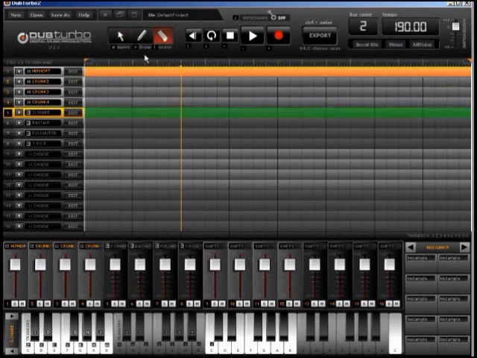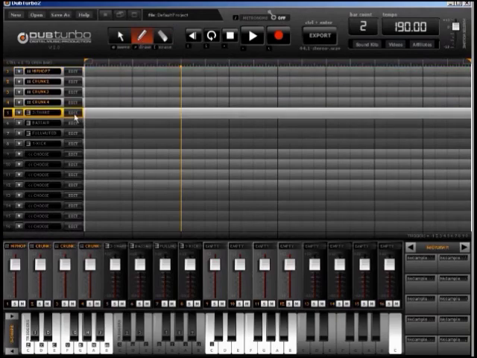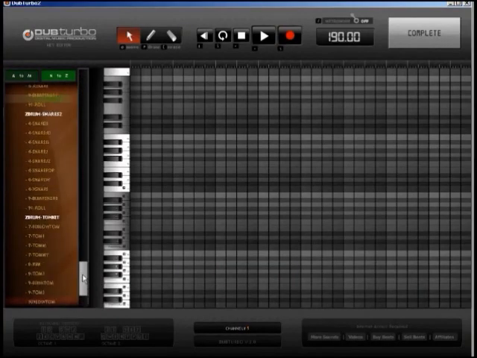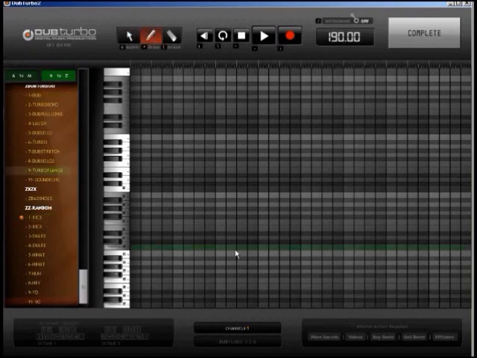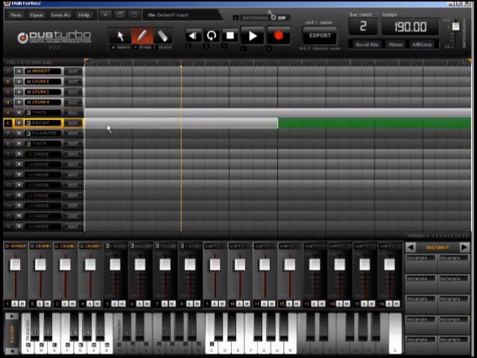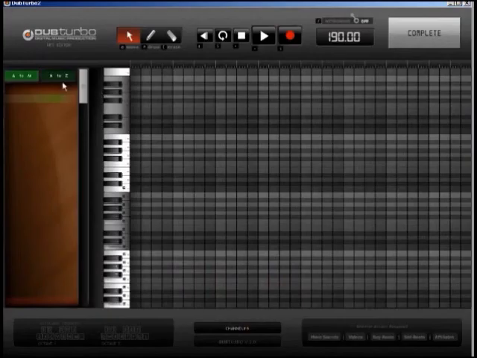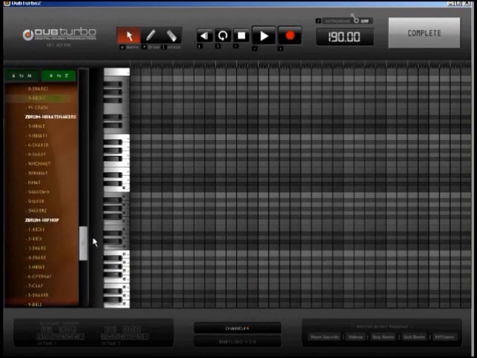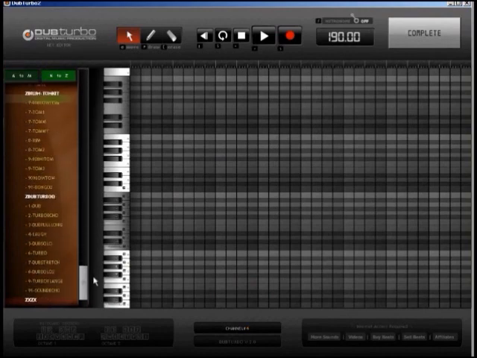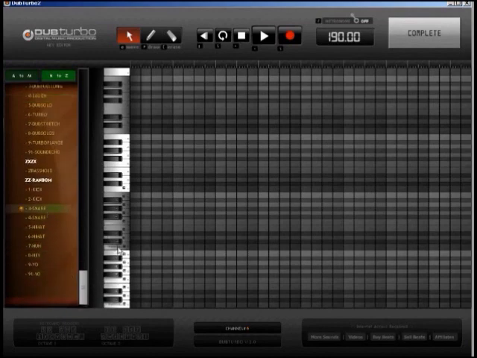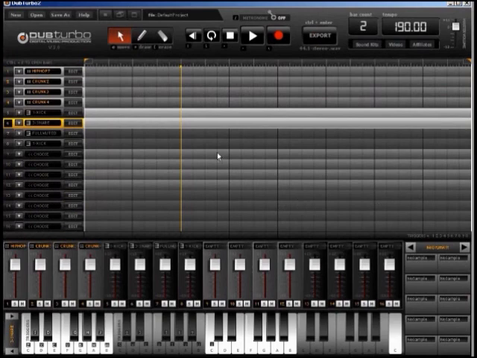Why don't I illustrate? So we go onto our keyboard layer, we go to the kit we just made, we go to kick, we can do a beat here. We can go boom, boom. Okay, and then the next there would be our snare. So it's a more manual way of doing things, but this way you can rock the snare or the kick or anything going up or down on the keyboard and bending it, which is pretty cool. So it's boom, ba-doom, boom, and then we can drop it a bit. Okay, so very simple, but